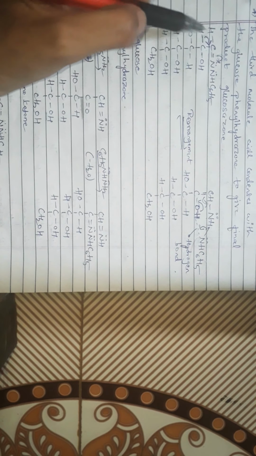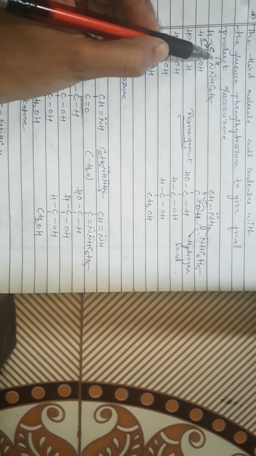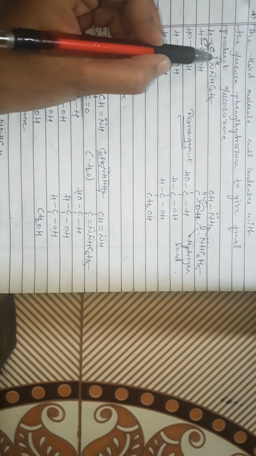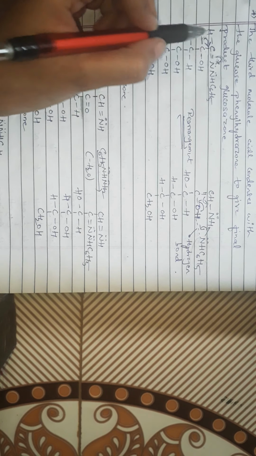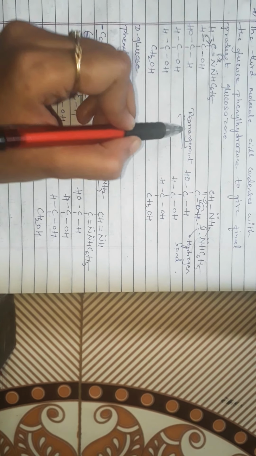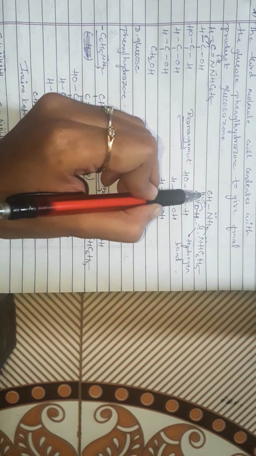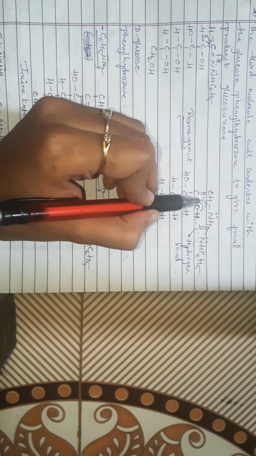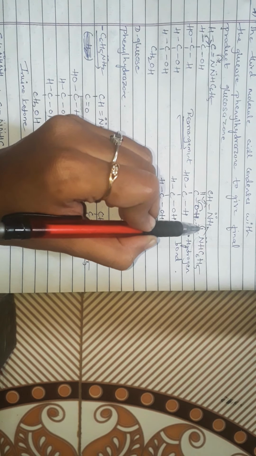How will this rearrangement take place? With the formation of intramolecular hydrogen bonding. Here you can see this bond is shifted toward this carbon atom. The polarization takes place and this bond is shifted toward this nitrogen. When the bond shifting takes place, rearrangement takes place. Here you can see there is a double bond formation between these two carbon atoms. Here this bond is shifted towards this nitrogen and this bond is shifted here.